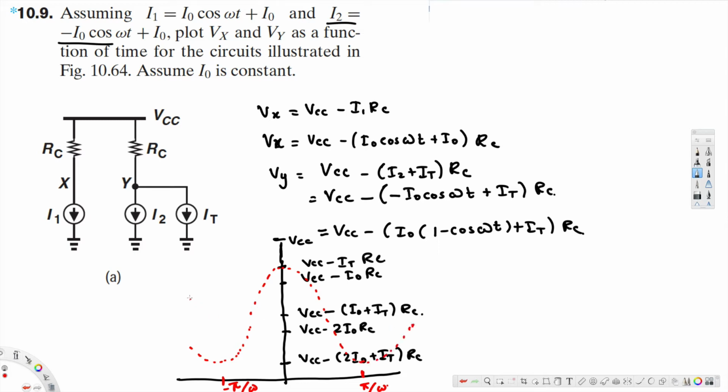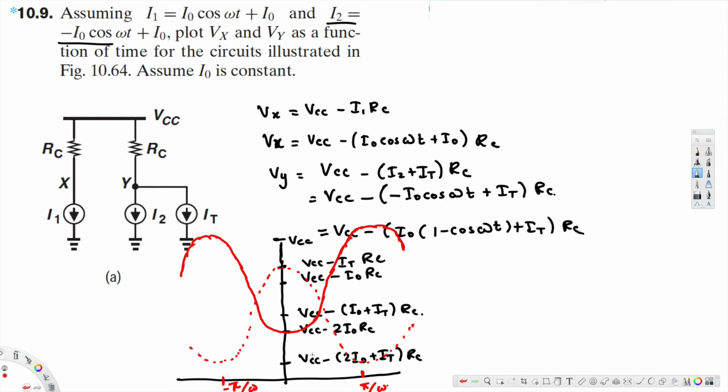Then here we have this, and this one is negative phi over omega, positive phi over omega,